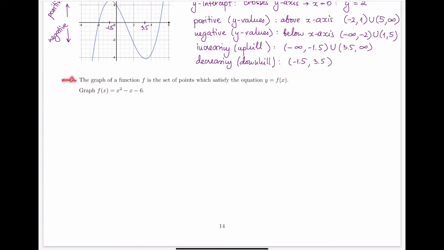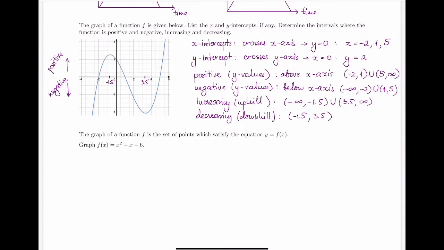The graph of the function is the set of points which satisfy the equation of the function. So the points you're going to draw on the graph are exactly the points that make this equation true. Now, it is often easier to start a graph if you don't know what the shape looks like at all. The easiest way to graph anything is to just start a table of values. Find some points that belong on the graph and sketch them on the coordinate system to have some idea of where they go. You can start with any points and produce a table of values corresponding to any points,